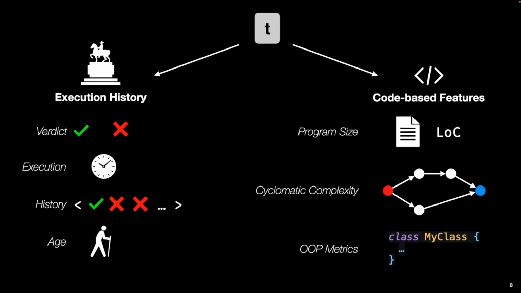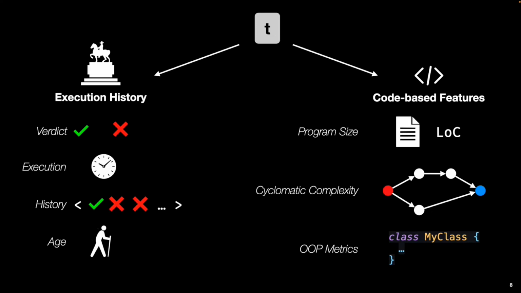The first one is the execution history. So it's an execution-based feature. The first one is, for instance, verdict. So whether the test case passes or not in a certain cycle in the continuous integration log or execution. And then we have the execution time. So how long does the test take to execute? Then we have the history of the test case across the different cycles of the CI build, and the age. Let's say how old is the test case, since how long it was introduced in the